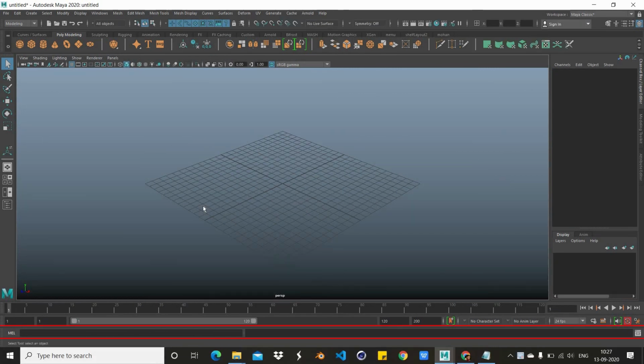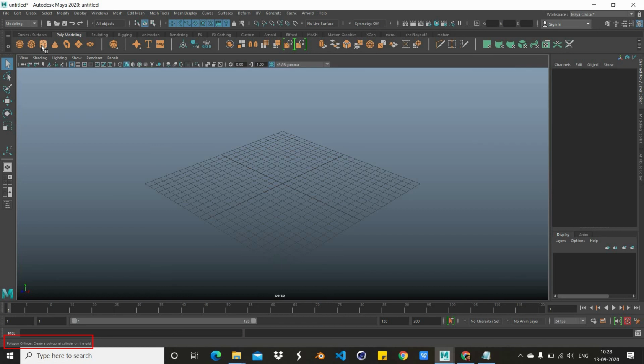The next one is the script editor. This is the script editor. The script editor allows the user to type in commands and shows the user feedback when commands fail. This is the command area and this is the feedback area. Check down here in the help line or just wait for the tooltip to appear right at the mouse cursor.